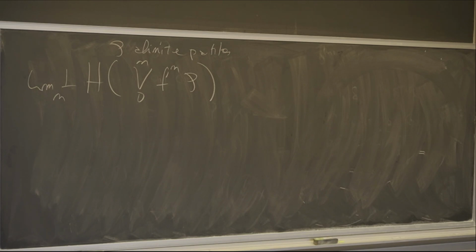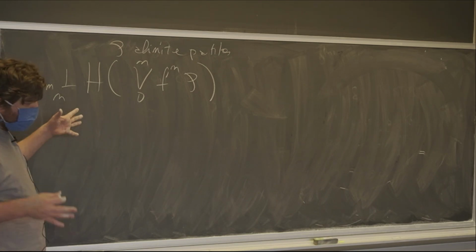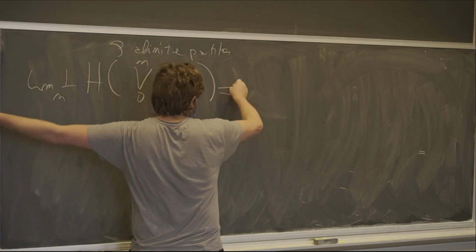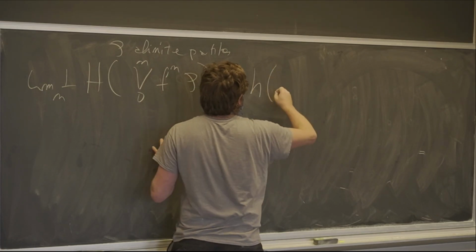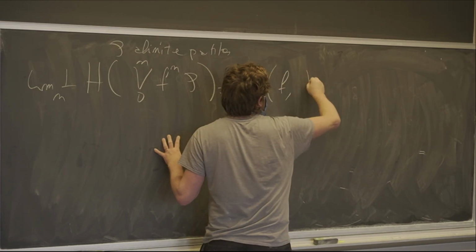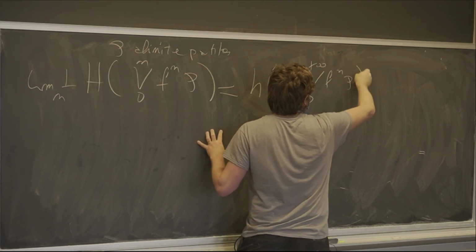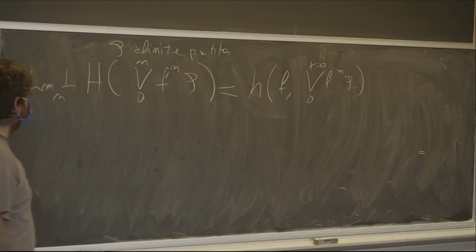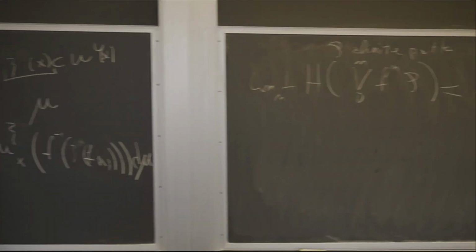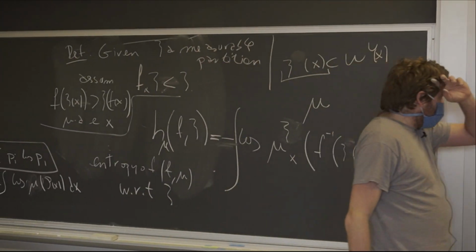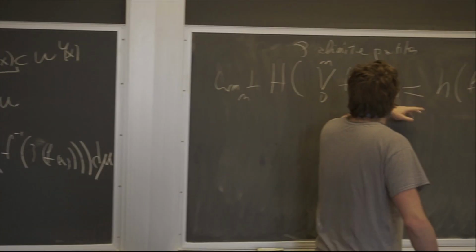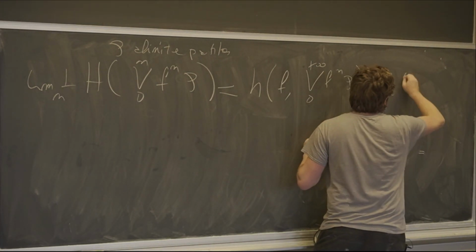Okay, and it turns out that this is pretty much the same definition as h of f from 0 to infinity of f and P, and since I'm going from 0 to infinity, this becomes naturally increasing. Okay, and now taking, and this is what is called h of f, P